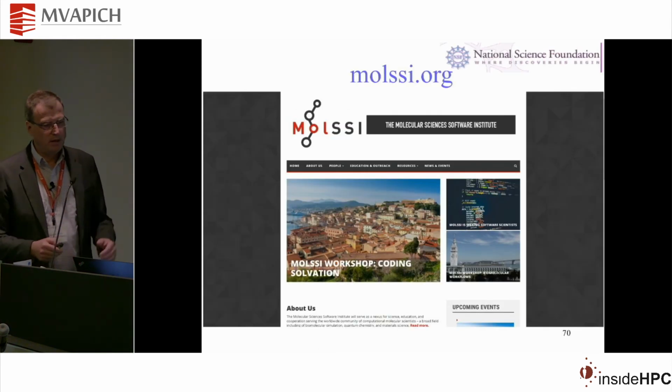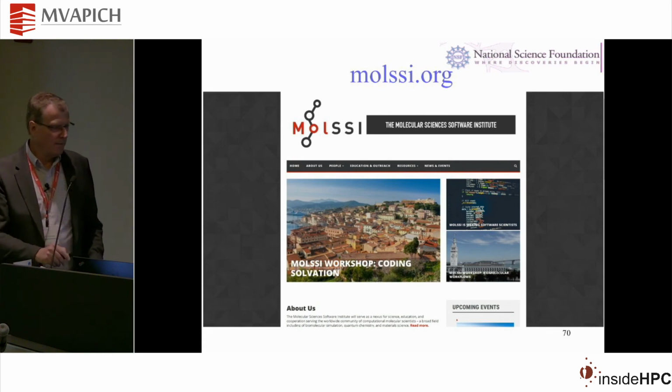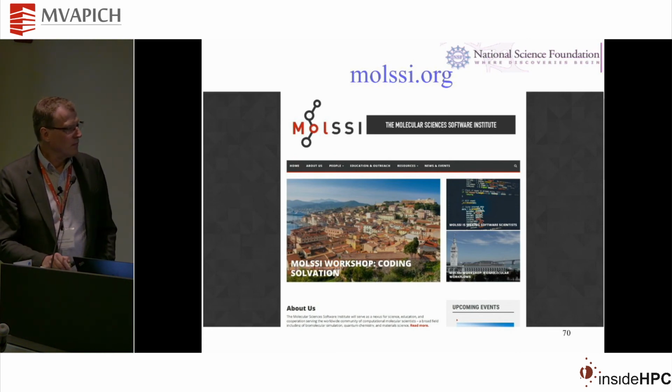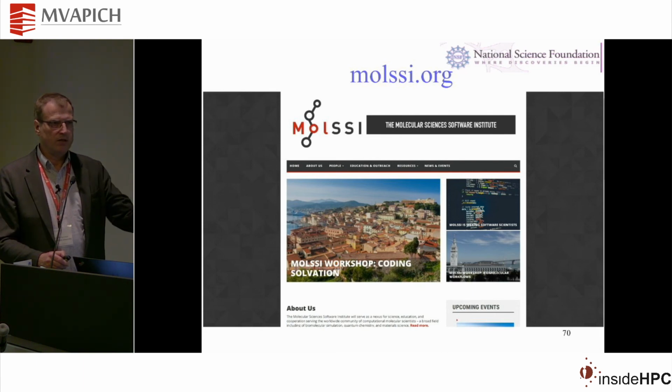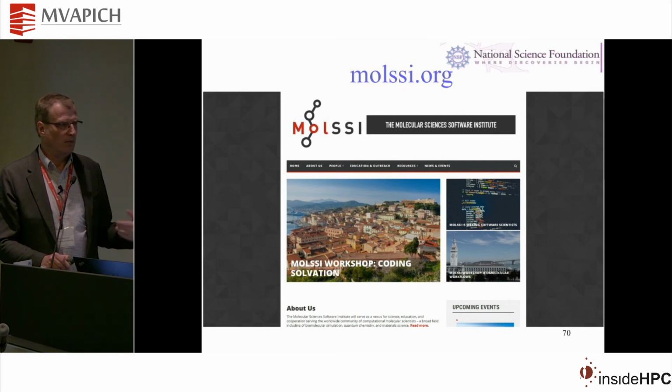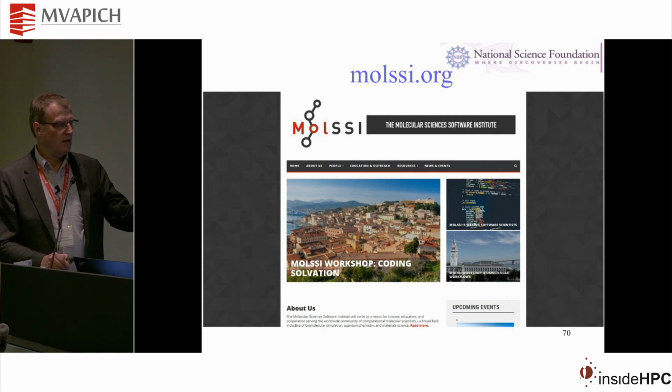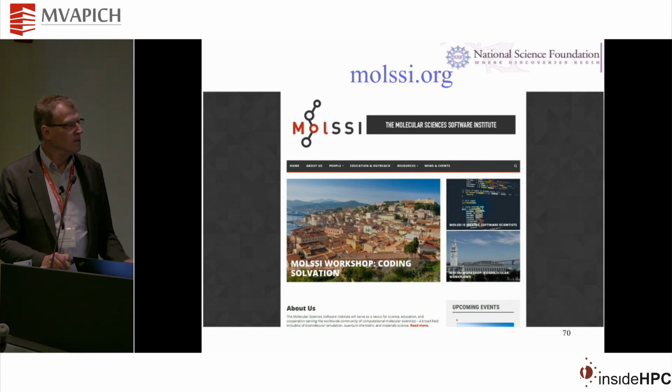So NSF, as part of its SI2 program, supports three levels of activities: single investigator grants, multi-investigator grants, and the very largest grants are these institutes. The Molecular Science Software Institute was one of two amongst the original batch funded. I think there's now at least one more. It's a $20 million project that spans multiple institutions and is out there to benefit the entire community